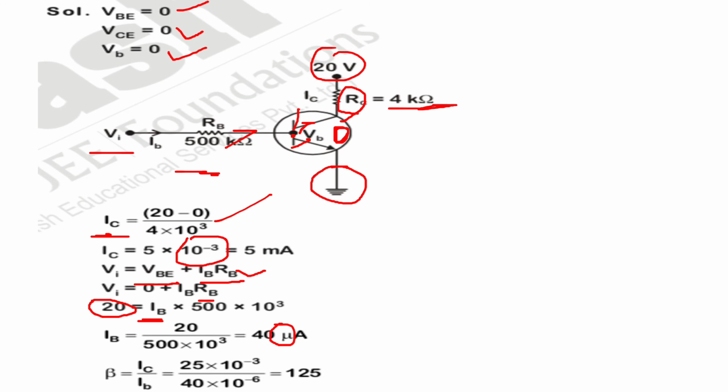and we will find the beta, we know that beta, I have told you in the previous slide and question that beta equals IC upon IB always, okay. So we know the value of IC, we know the value of IB, this is micro, means 10 to the power minus 6, okay. So after the cancellation of this to this, we will find the answer of 125,